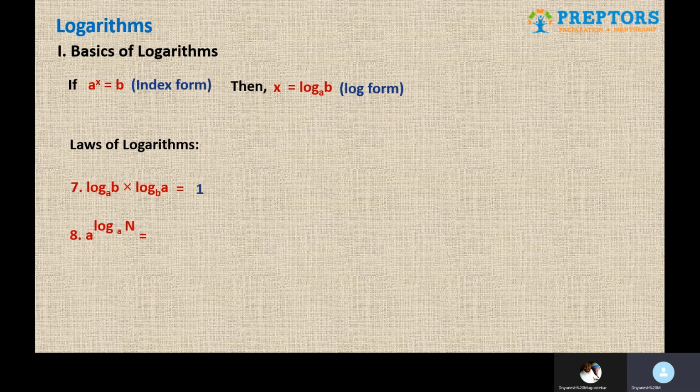The eighth one is a very particular thing based on observation purely. A raised to log n to the base a, the answer to that is n. So here the thing that you are going to remember is we are doing a raised to something, and if the base of the log is also the same number a, they both get cancelled out. The index form and the log form get cancelled out and we are left with the number n. So these are the basic formulae that you need to know for all the simplification purposes.